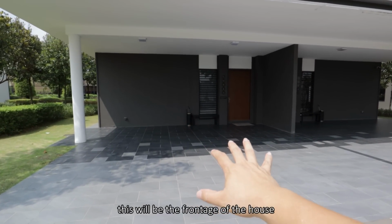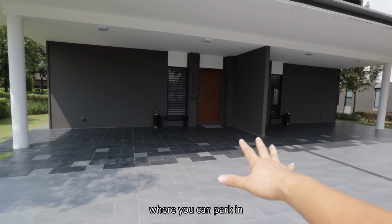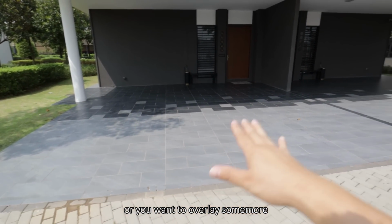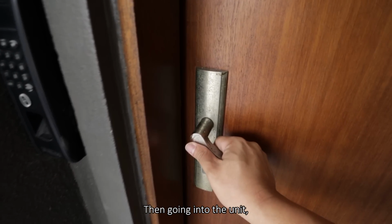Coming in, this will be the frontage of the house all together, where you can park in easily 3 cars, or if you want to overlay some more, you can have 6. Then going into the unit,